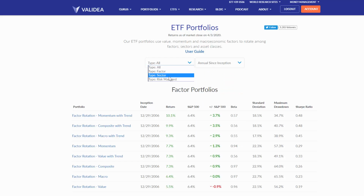Now let's look at the portfolio performance chart on the bottom of the page. The chart includes the portfolio name, the inception date, the annualized return since inception, the return of the S&P 500 over the comparable period, the difference between the return and the S&P 500 return, the beta, which is a measure of the risk of the portfolio relative to the market, the standard deviation, which is a measure of the volatility